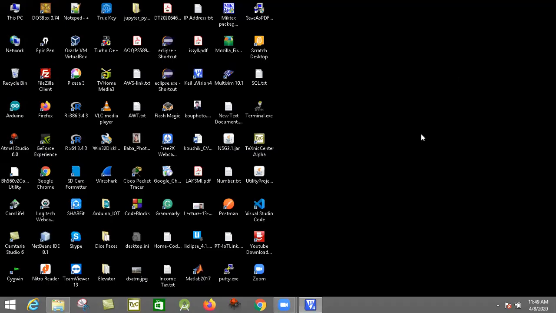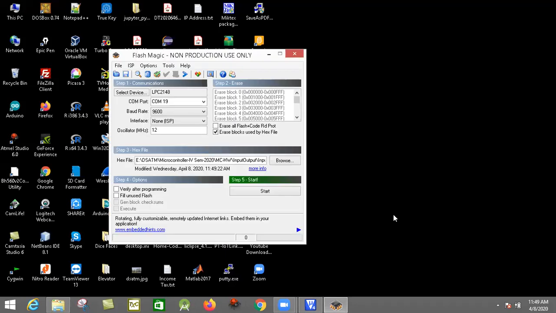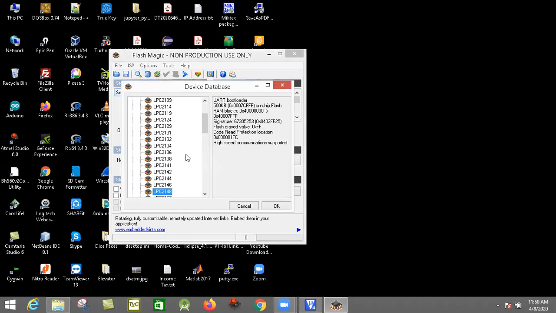Now we have to connect to our external board. Now what I'm doing is, I will go to the software Flash Magic. This is Flash Magic. Then here, because we are using LPC2148, I have to select the device.